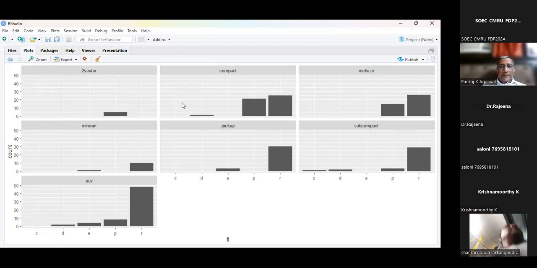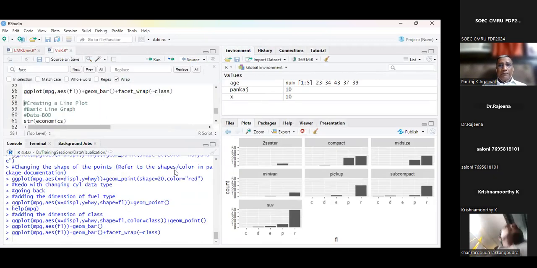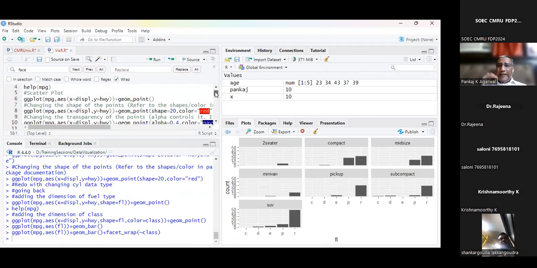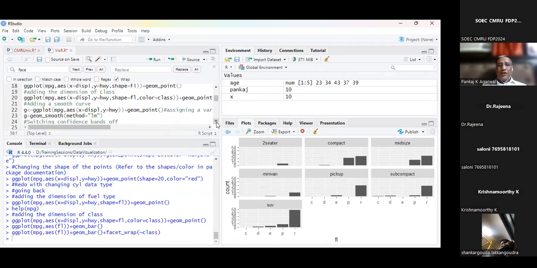So I think it is 8:27 and my clock does not permit me to proceed, but I'm leaving you with this code sheet with explanations. Please practice it. Whenever you are stuck, just Google it. And I assure you, you learning about ggplot2 itself is a big skill which you could use for your professional